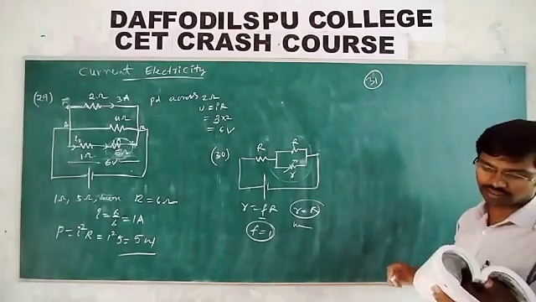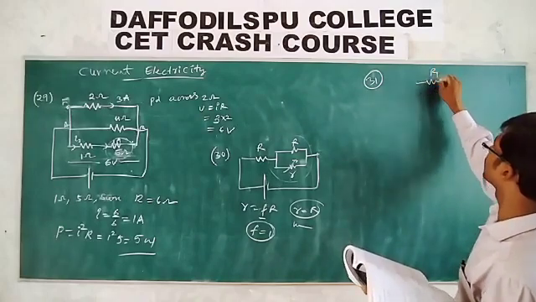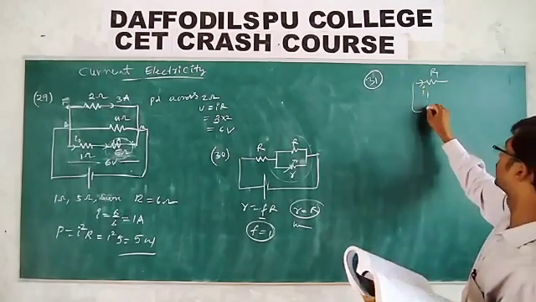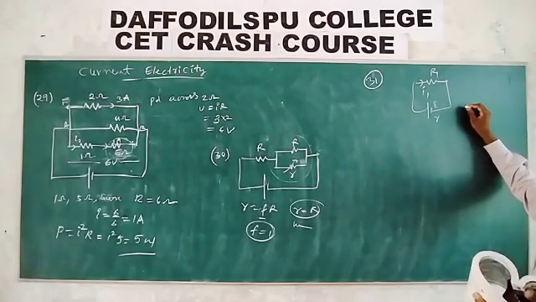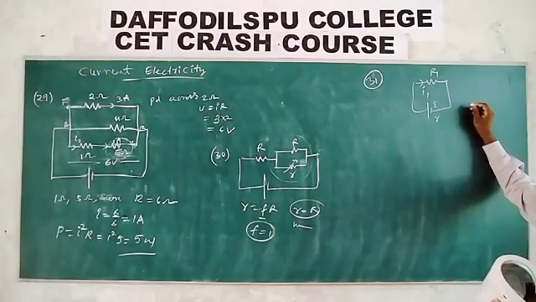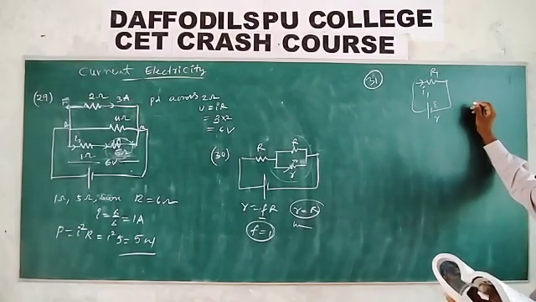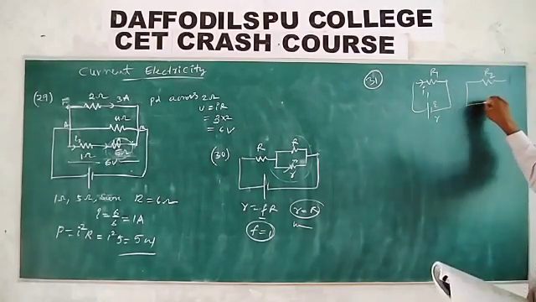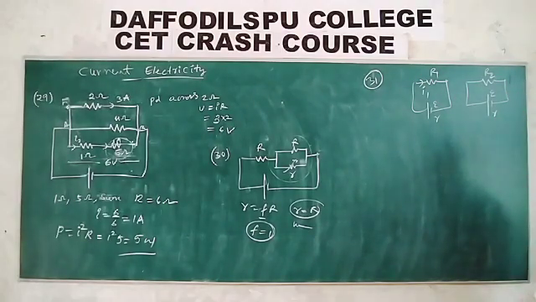A current source drives a current I1 in a coil of resistance R1 for a time. The same source drives current in another coil of resistance R2 for the same time. If heat generated is the same, find the internal resistance of the source. Here R1, R2, but the same cell, E and r. So the internal resistance we have to find.